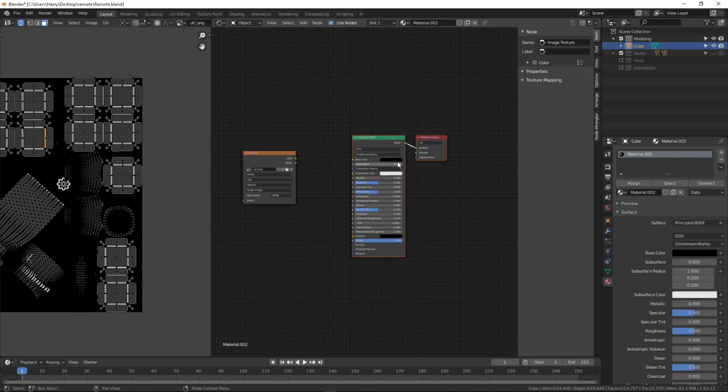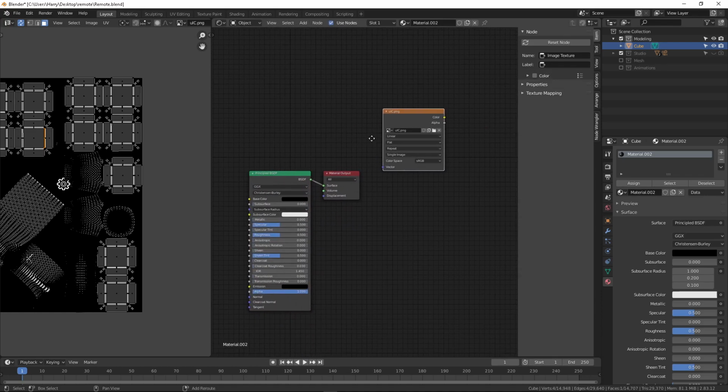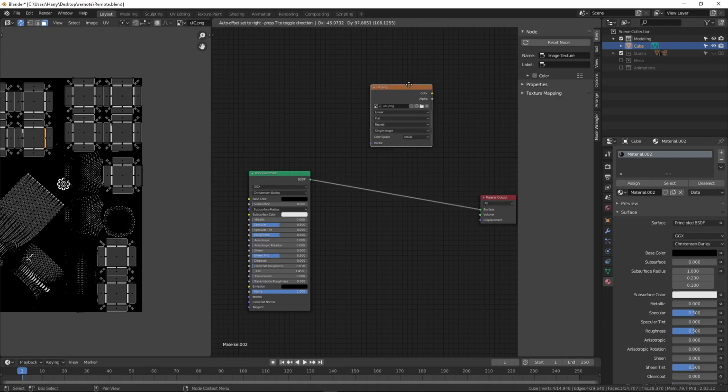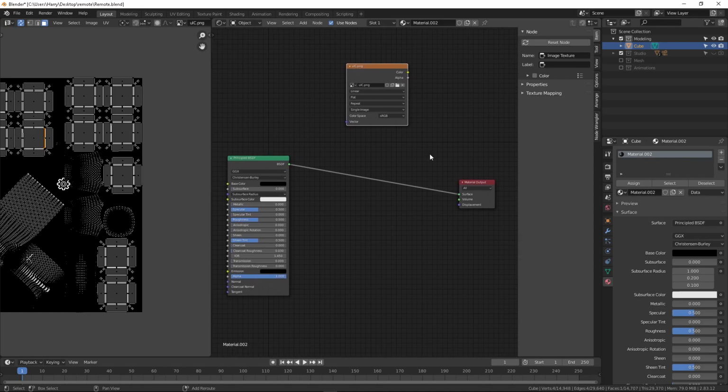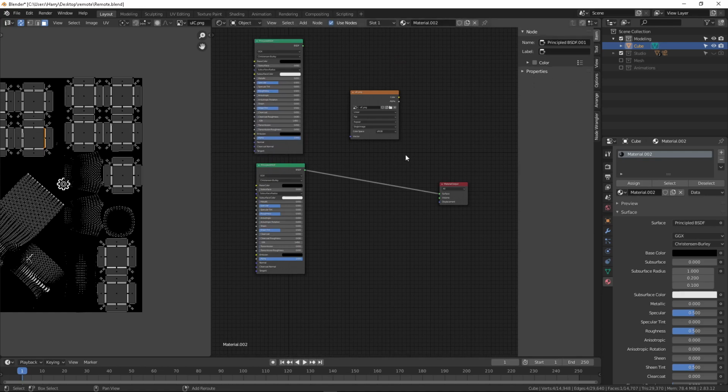I select this one and move it out. Select this and press Shift D to duplicate it, and press Shift A and type mix shader.